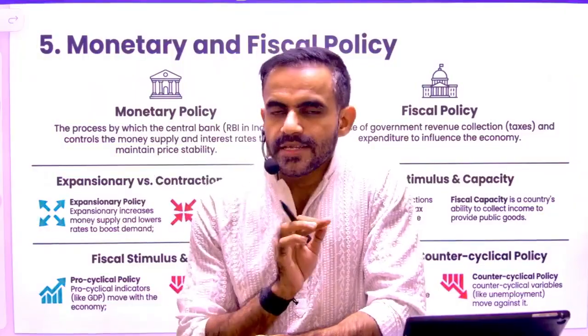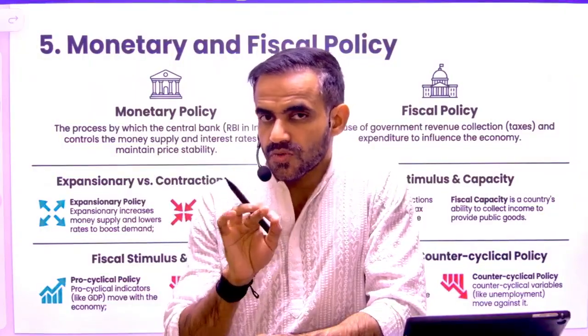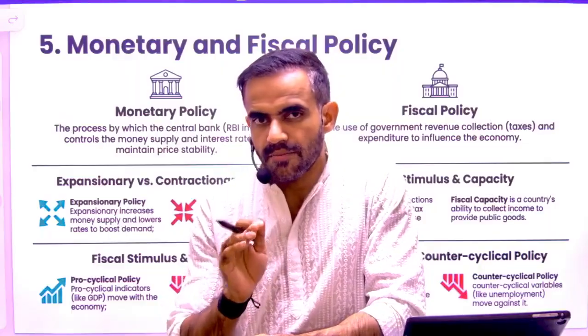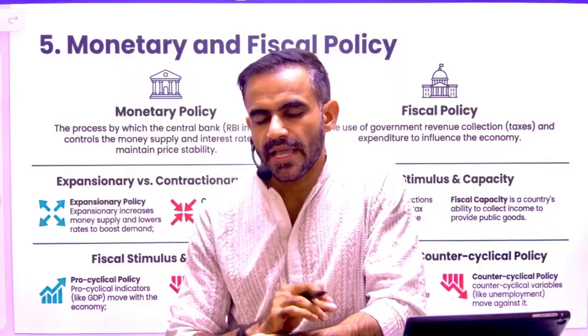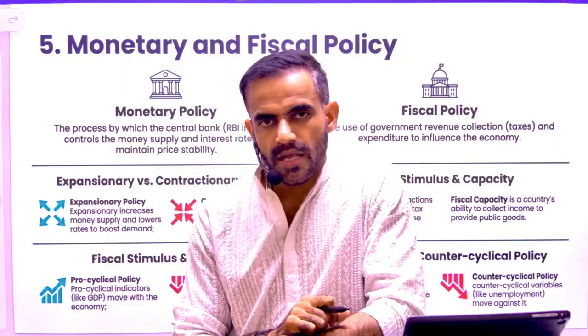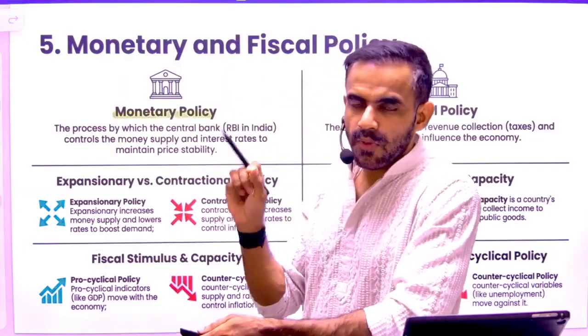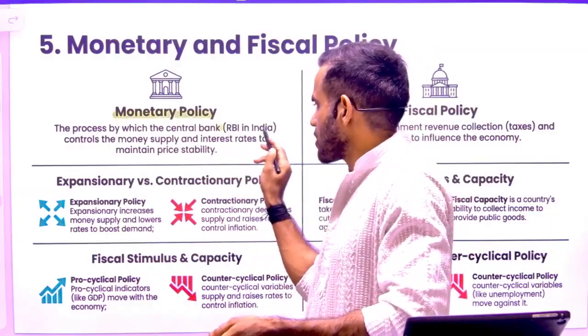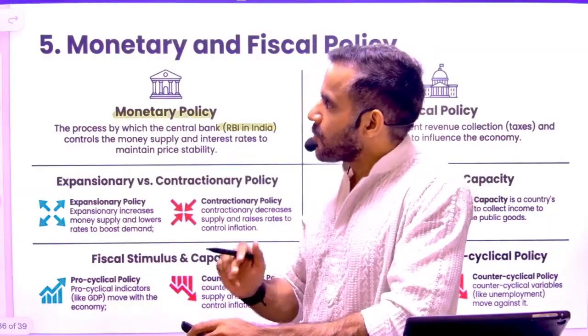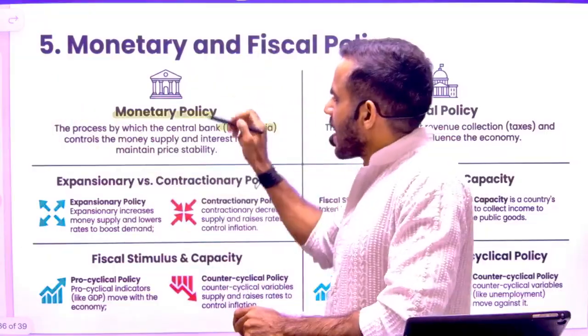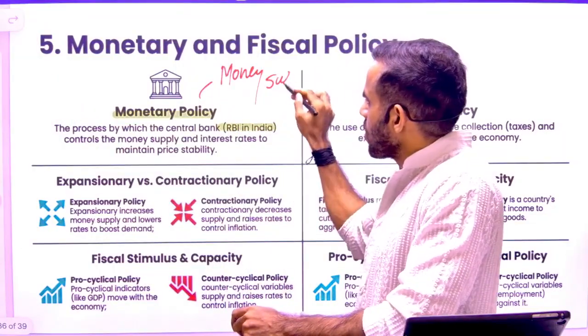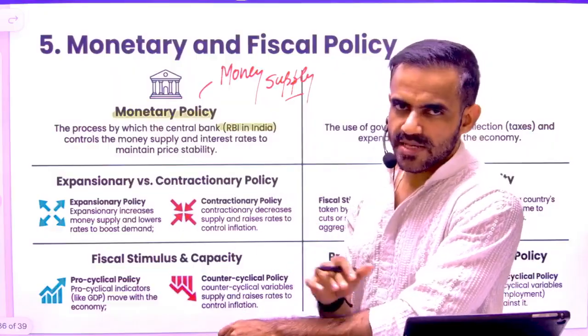Next topic is related to fiscal policy and monetary policy. Whenever there is the term fiscal policy, it refers to the government side. Whenever there is the term monetary policy, it refers to the RBI, that is the monetary authority. In a very simple sense, monetary policy refers to the policy decisions taken by the monetary authority, that is RBI. So what kind of policy decision does RBI take? It can either increase the money supply or it can reduce it. These are two basic possibilities.